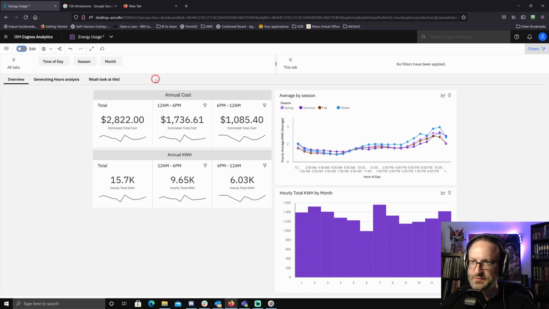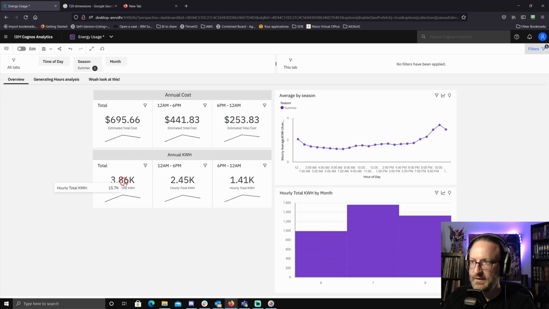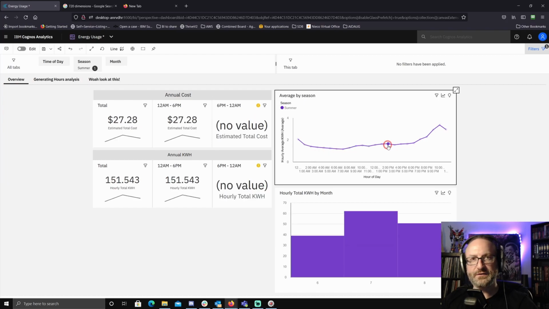Okay, take a look at this dashboard that I have here. This is an energy usage dashboard that tracks the actual energy I use in my house. And I can really simply slice and dice and filter it visually by, say, filtering to a particular season. Let's look at my energy usage for summer. Okay, now I'm looking at summer. Now maybe I'm interested in a particular time of day, and I can click at 2 p.m. here. And now I've filtered all the values by summer and 2 p.m. so I can see how much I spend at that time, how many kilowatt hours I use, that sort of thing. It's very intuitive, easy for end users, and you don't have to do anything as a developer